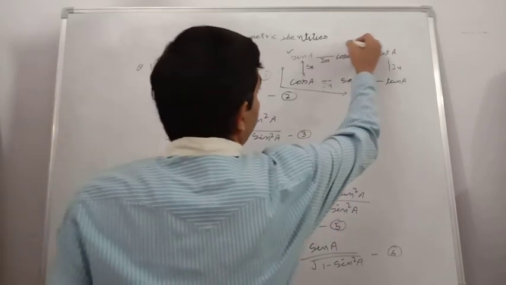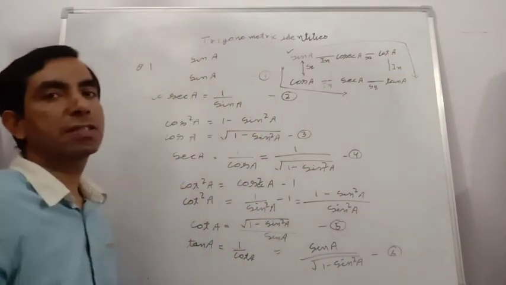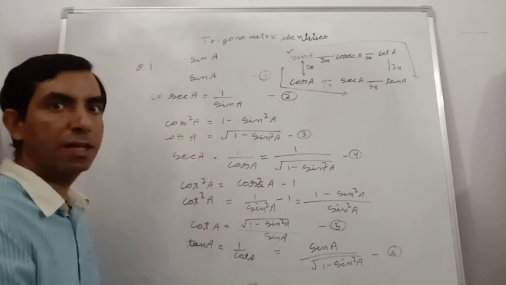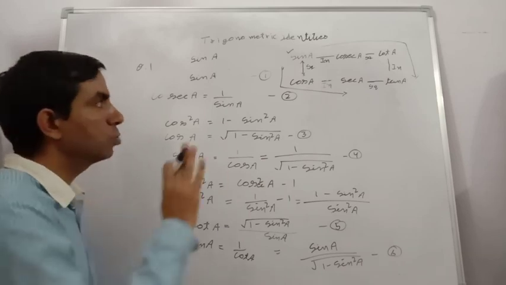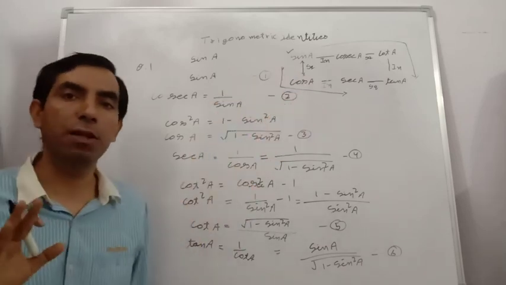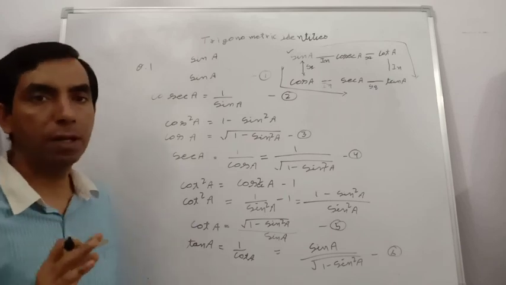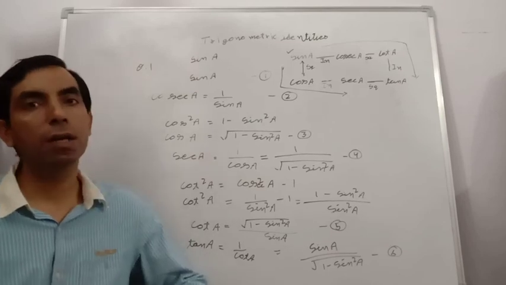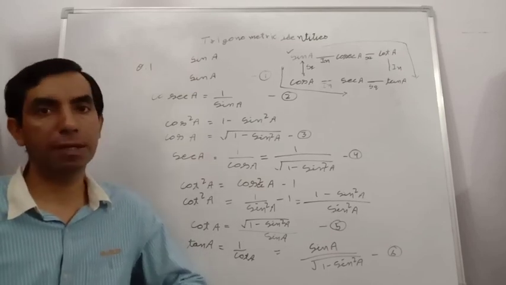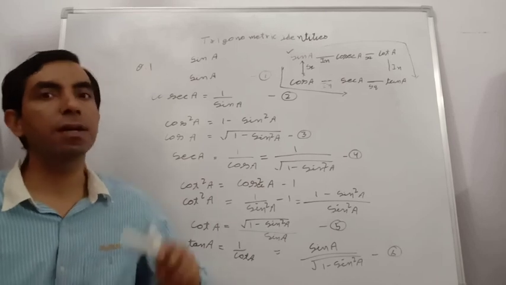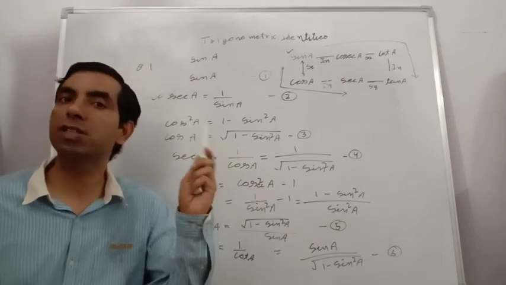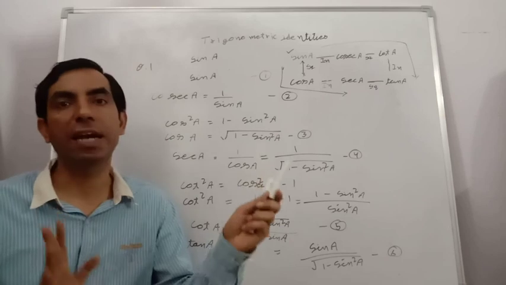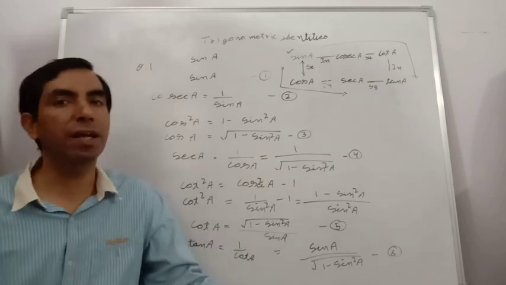And we take 3 steps on the inverse side. Means first take the inverse, then square, then inverse. This is 3 steps. So we can find all these values from any point. In a similar way, we can find all these by cosec A, by cot A, by tan A, by sec A, and by cos A. But always remember that on the inverse side we go 3 steps and on the square side we go 2 steps. By this method we can calculate any trigonometric ratio in any form.